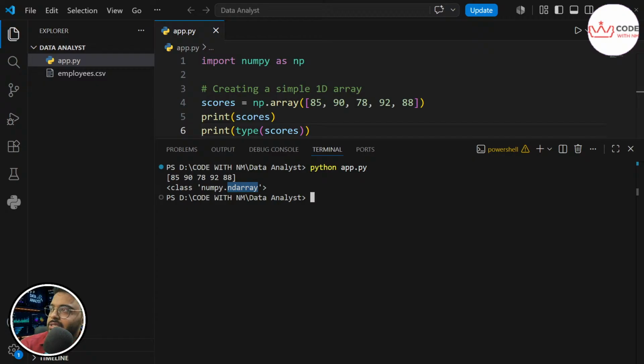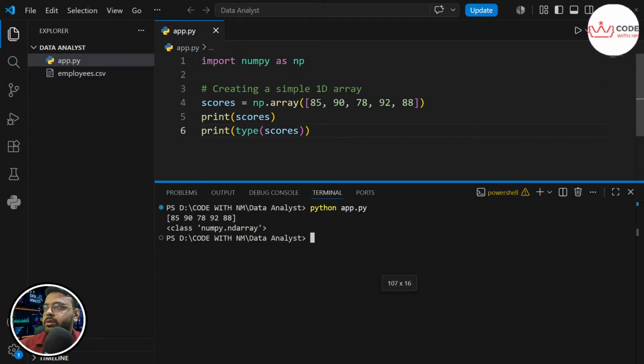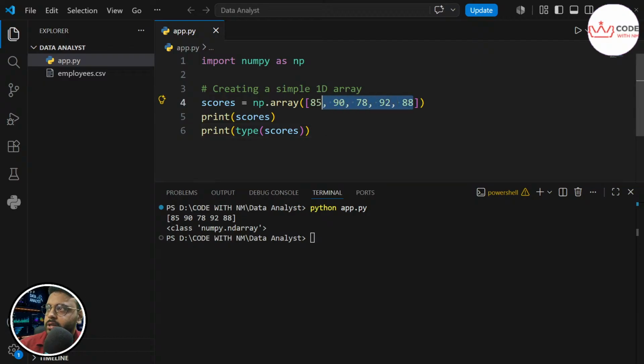If this is clear, let's jump on to the 2D array. You can say it's the same as a multi-dimensional list, but I would rather say it is a multi-dimensional array, because in a list there can be other data types too, but in an array it's specifically the same data type. Let's see a 2D array.